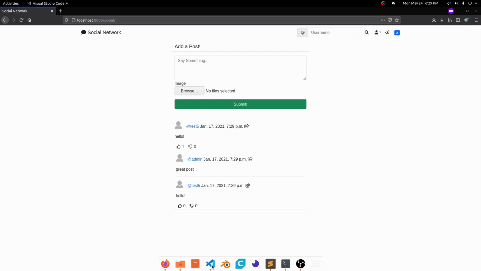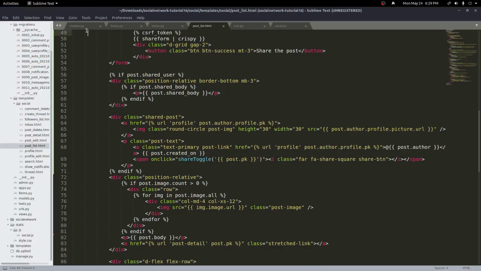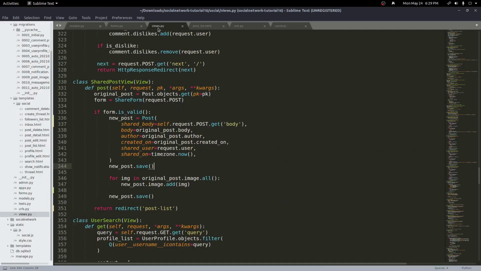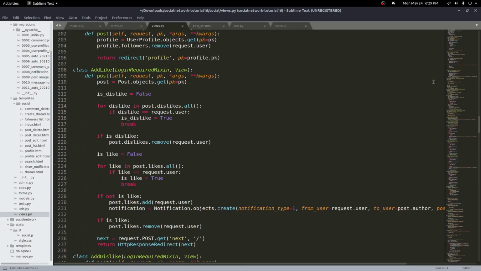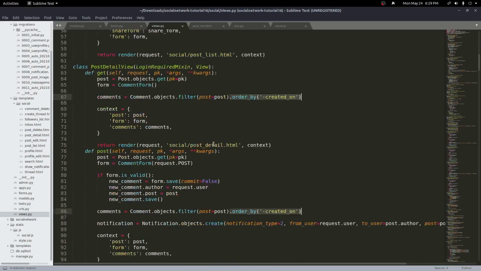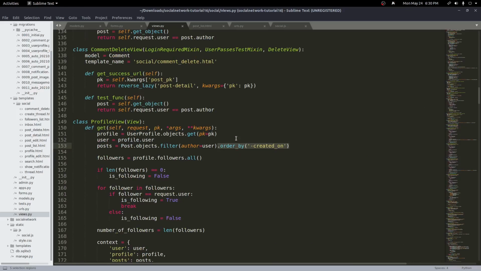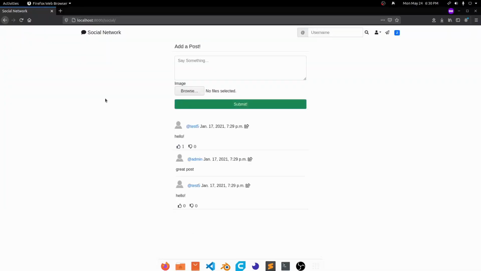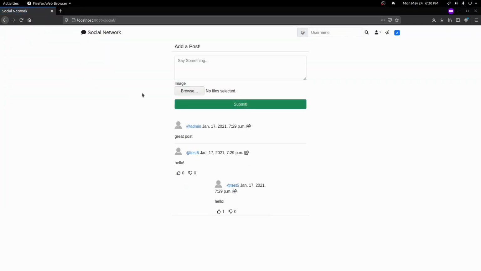The reason for that being, we changed the ordering here, but we never removed it from our actual view. So every time we have an order by, we want to take away all of these. So I'm gonna find all of them and just backspace and delete all those, save it. Now we come back here, reload the page, and now you'll see it reordered things correctly, but it looks like we have some issues with how our posts